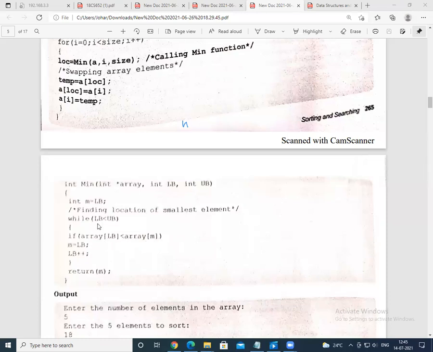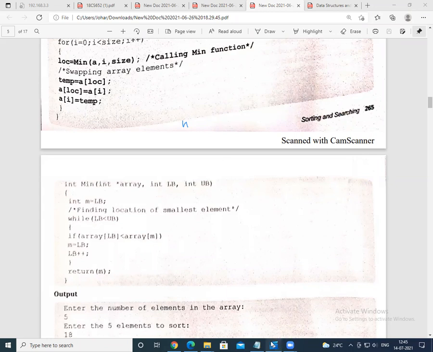So we do compare the location of the lower element and the upper element with less than. If it is less than, you are going to replace it, which is the minimum element. The minimum element will be stored into the value called m. So this goes on proceeding until the while loop fails.